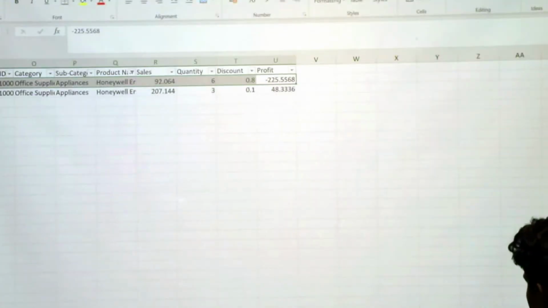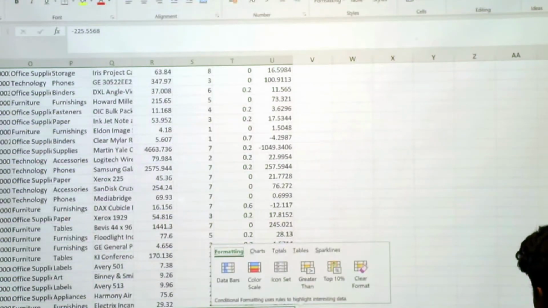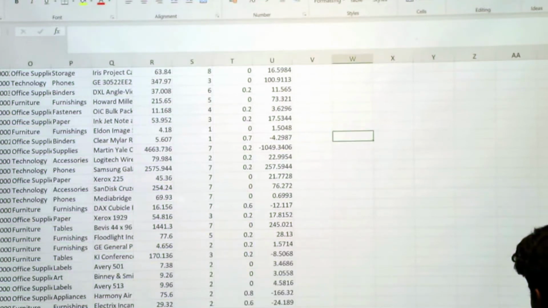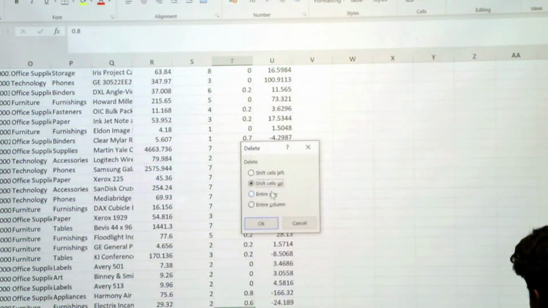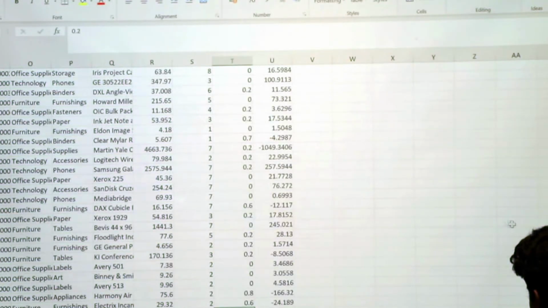I'll do it again. I'll delete this row again. Save it and refresh it, and it would be gone again. So it is as simple as that.